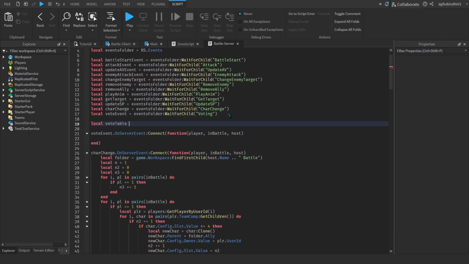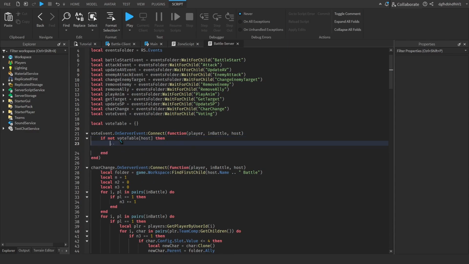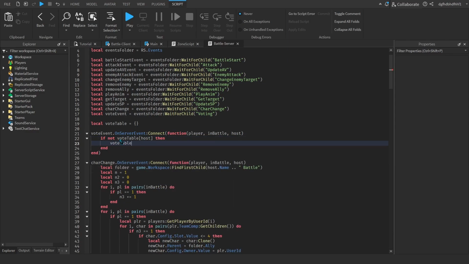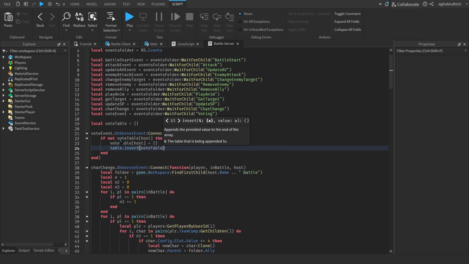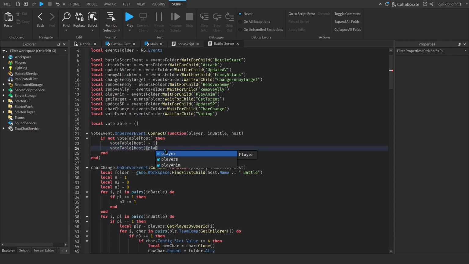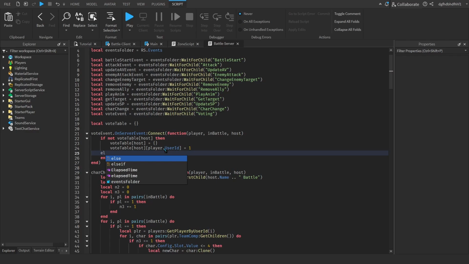Vote table equals an empty table. If not vote table host, then vote table host equals an empty table, and then table.insert vote table. Else if